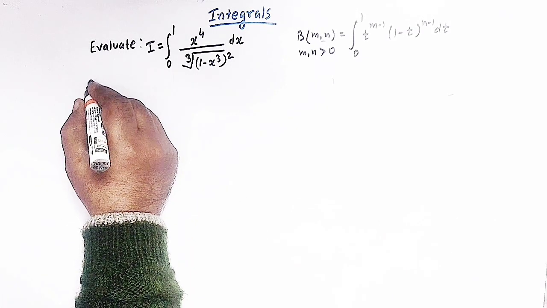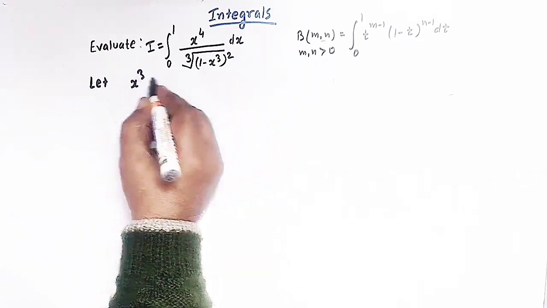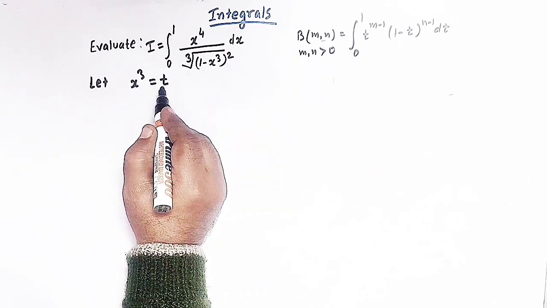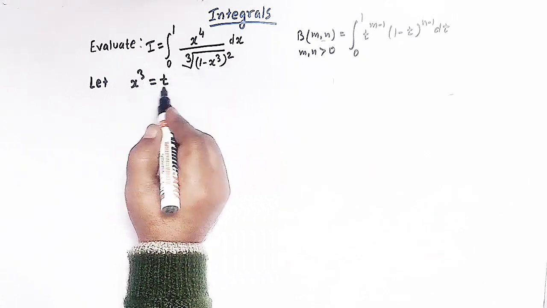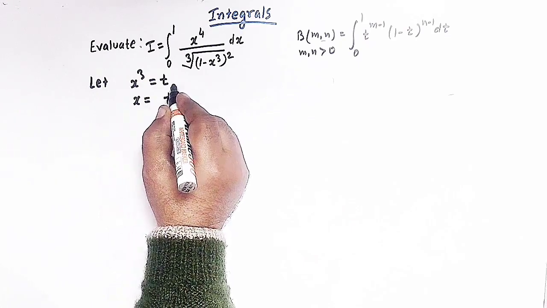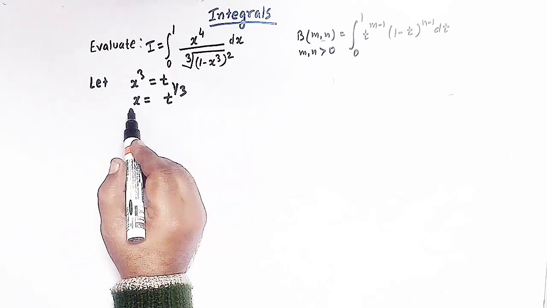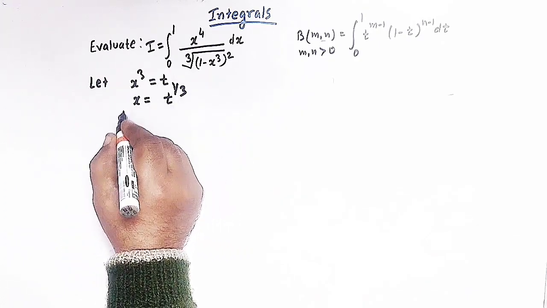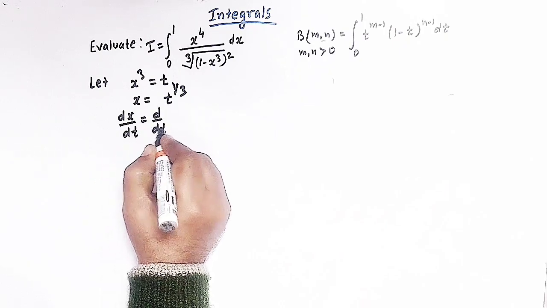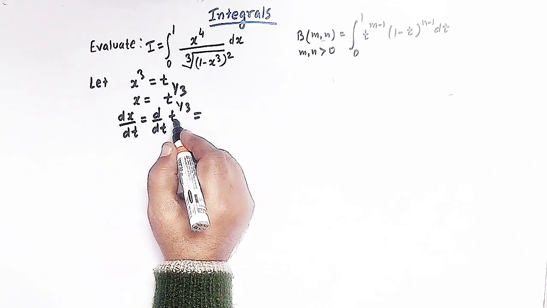So now let us substitute here: x cube is equal to t, right? So here we'll introduce this variable t such that x cube is equal to t, or x is equal to the cube root of t, right? So let us differentiate x with respect to t. So we can now write dx over dt is equal to d by dt of t raised to 1 over 3, and using the power rule for